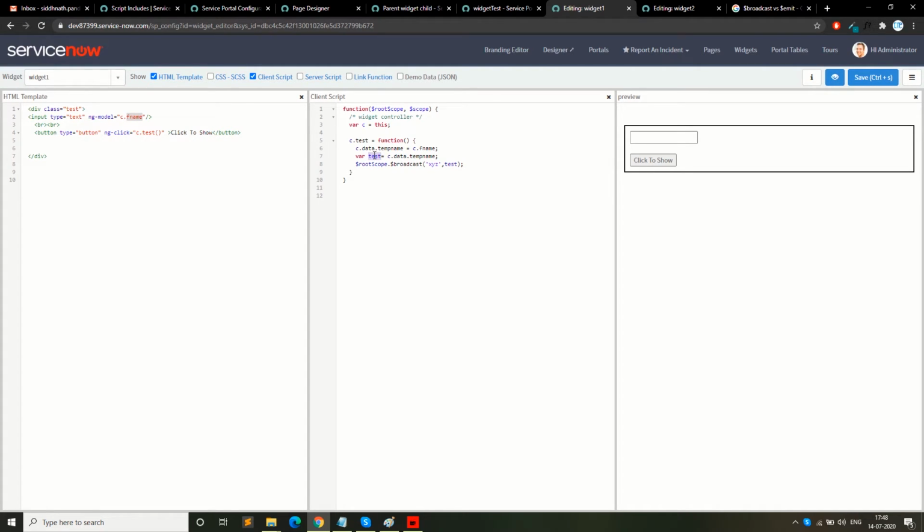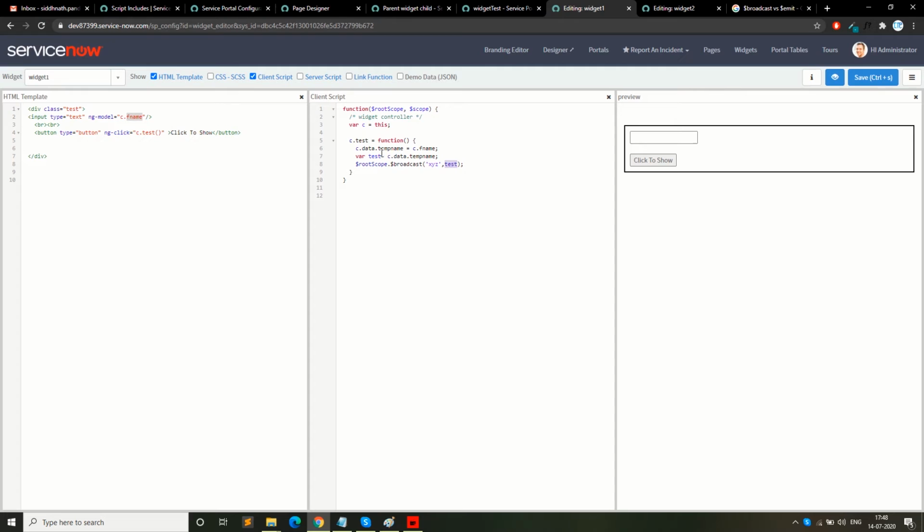Okay, and we are transferring the data, and broadcast takes two parameters, the first one is key and the second one is value. I hope you know this. If you don't know, don't worry about it. I have already created a complete video on how to use broadcast, where I explained all these codes: how to communicate the widget, what the root scope is, why we are using it, and all the c.data, everything, in another video.